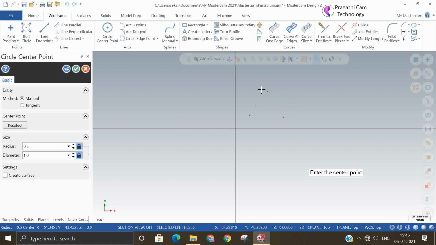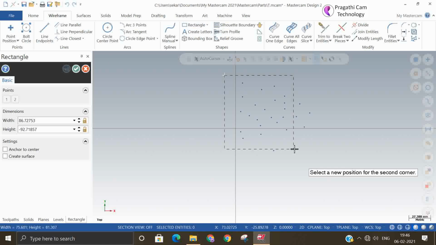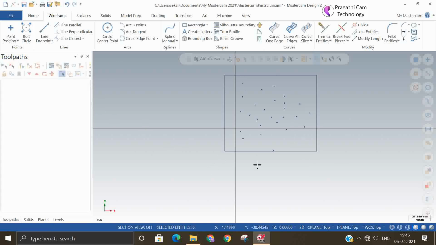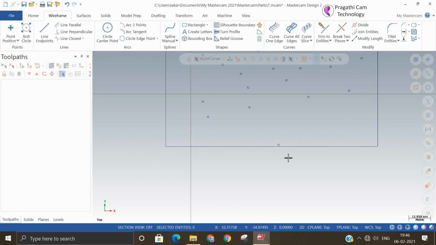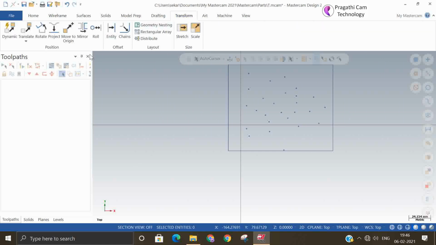I locked it and I'm making so many points here, means circles here. Suppose like this, 1,000 points are there. So 1,000 circles are there, small circles of 1 mm diameter on the plate. Suppose you are asked to do the drilling of this point, I mean this circle. Okay. Now the question is, it's very.